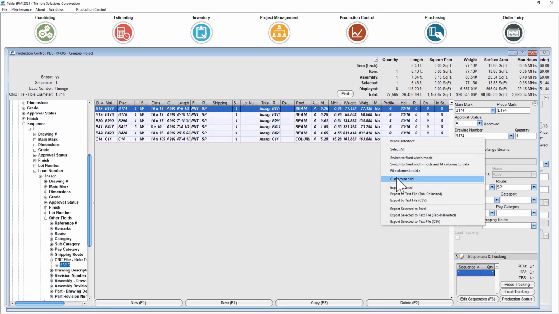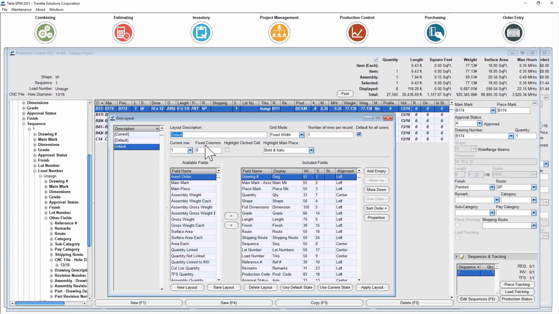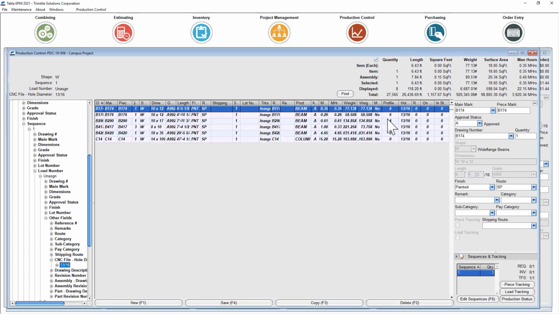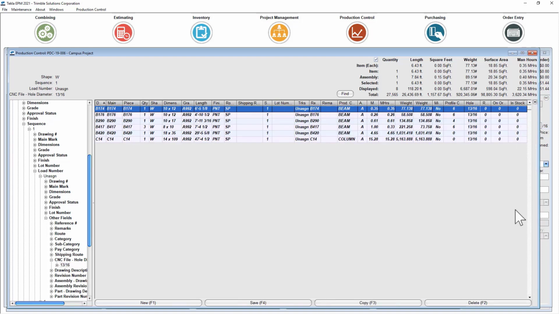They can also customize grid from the main menu, so they can add in different layouts for each particular user and include the information they would like to see and apply those layouts. So customizable views for each user. And we have the ability on the right side, if we don't want to see the input fields and we want to gain more room for our data in the center of the screen in our display area, we can hide or show those input fields.